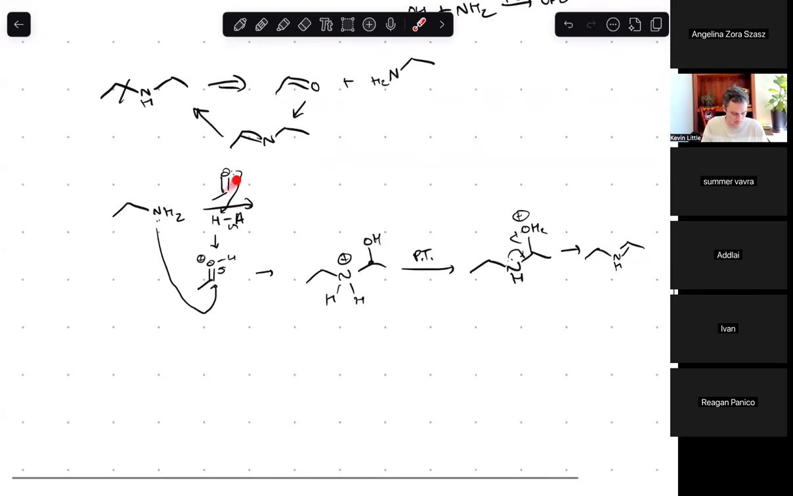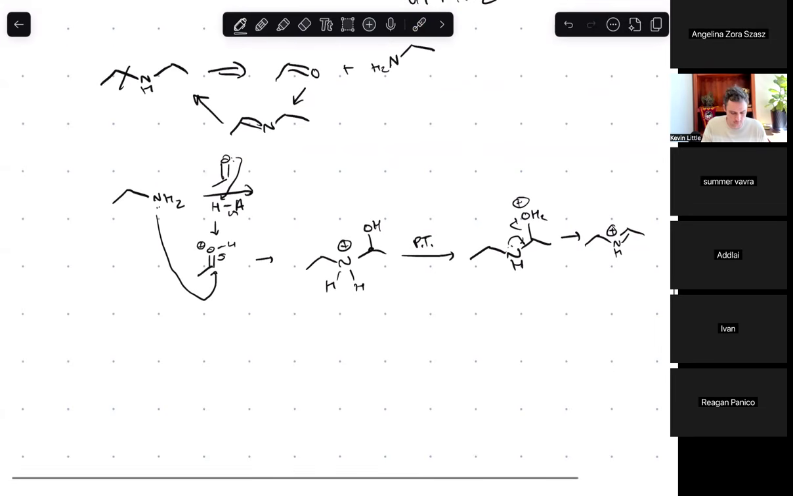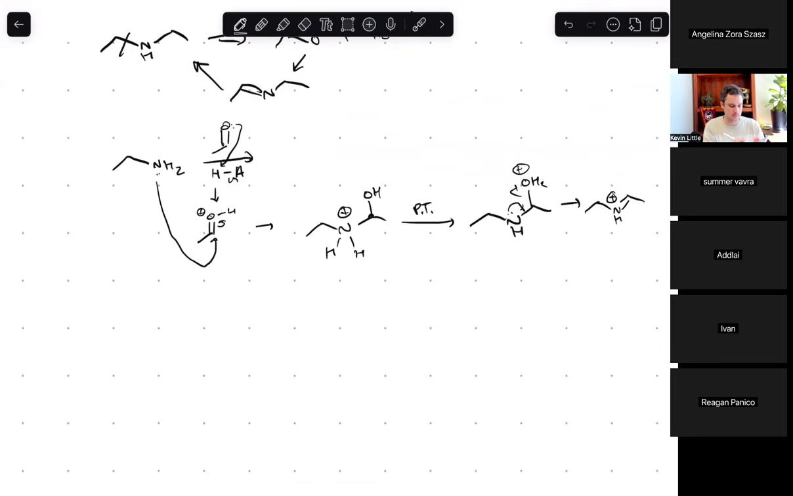You're essentially kicking off this carbonyl as water, and you're doing this imine formation. It's going to have a positive charge. You deprotonate it. That's the end of it. So on that same note, this is the main difference between an imine and an enamine. So, all right, let's say